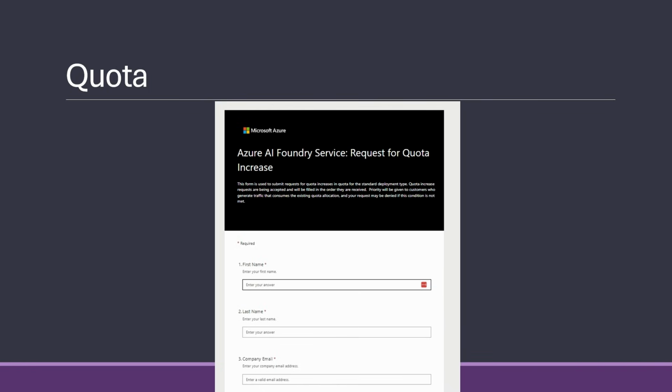So again, go out early getting the quota if you need to go live at some point, and ask for a lot, because it can be really, really difficult. And I have scenarios right now where we need to go to less capable models because we simply cannot get the quota for the high ones.